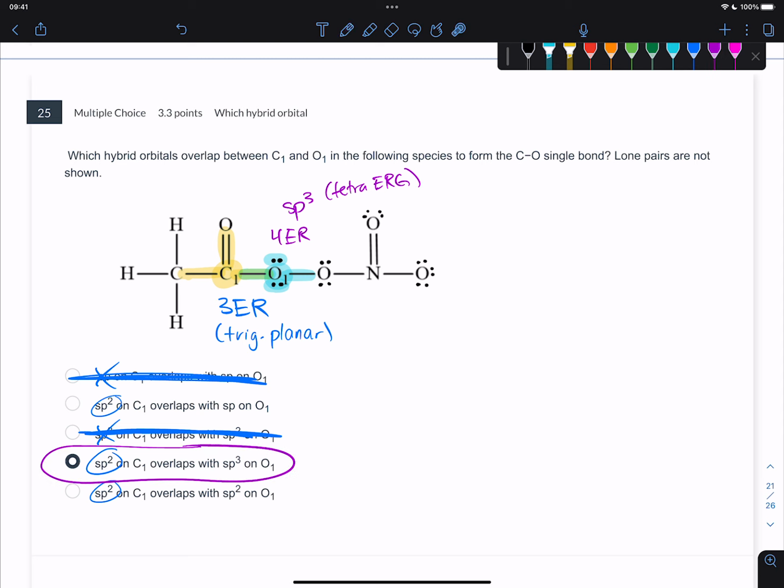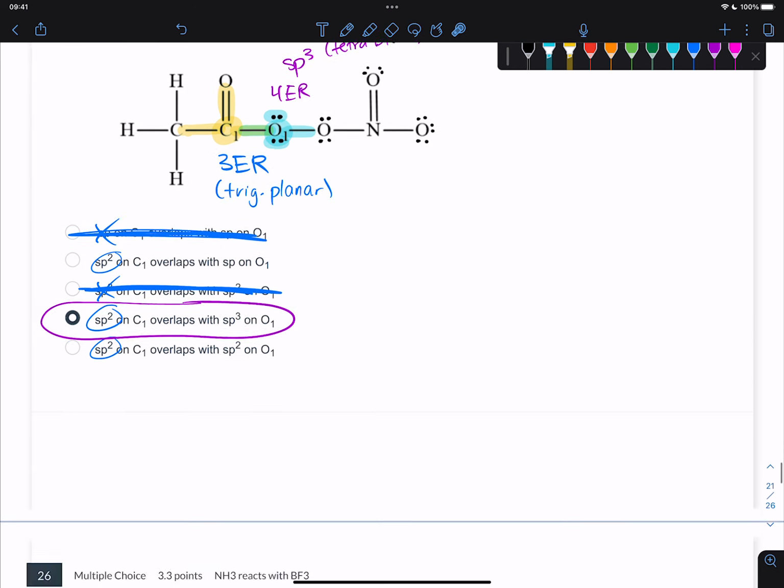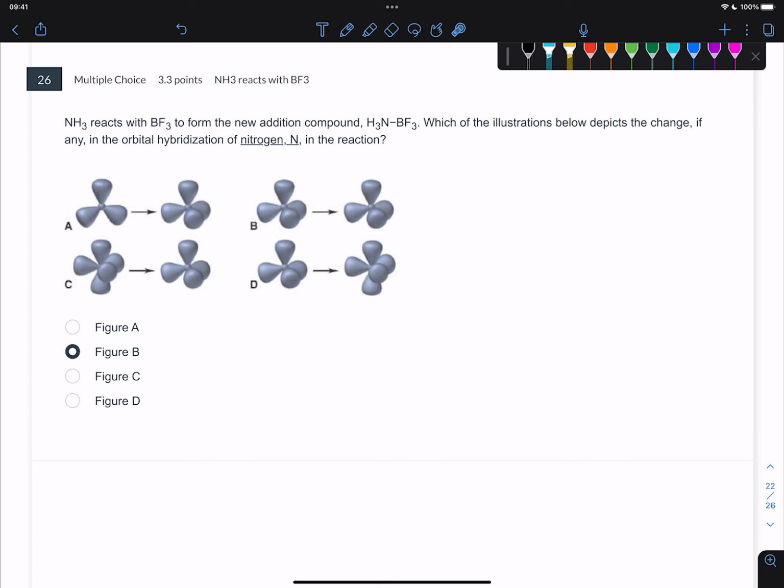To think of it another way, the trigonal planar geometry around that carbon is why it's sp2, and the tetrahedral geometry around that oxygen is why it's sp3, and that's the overlap. NH3 reacts with BF3 to form the new addition compound H3NBF3. Which of the following illustrations best depicts the change, if any, in the orbital hybridization of nitrogen in the